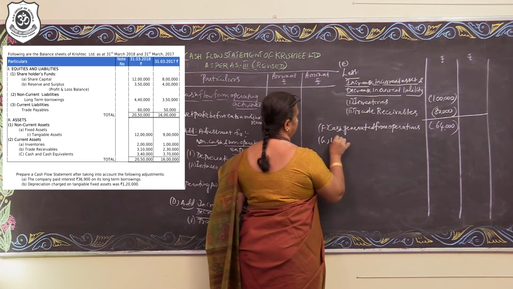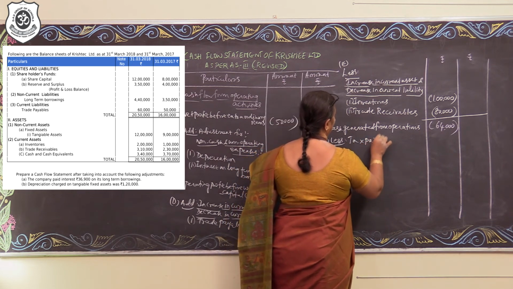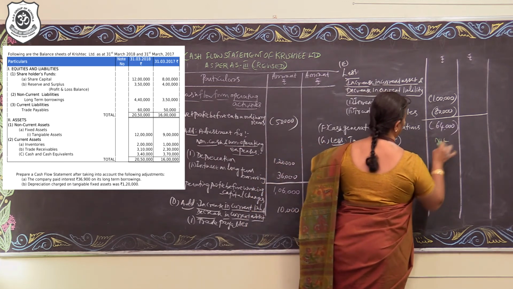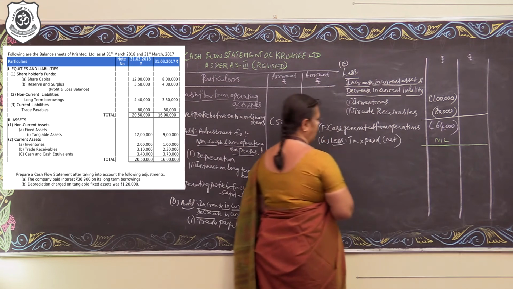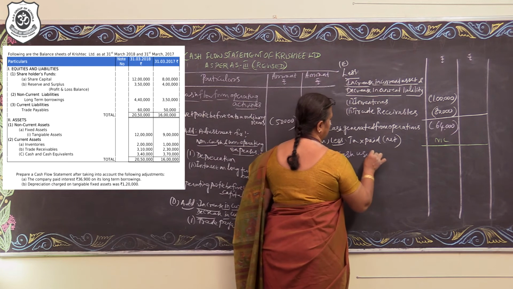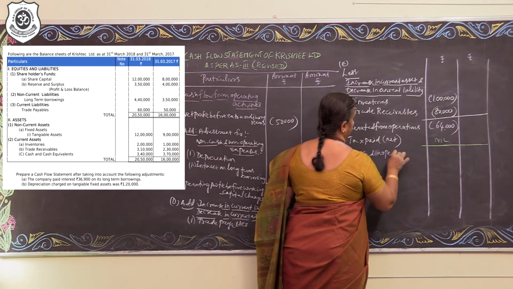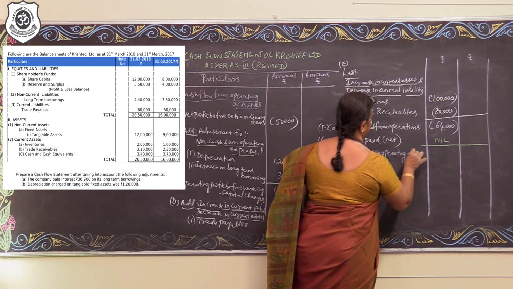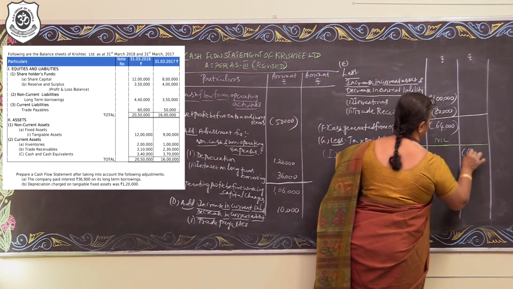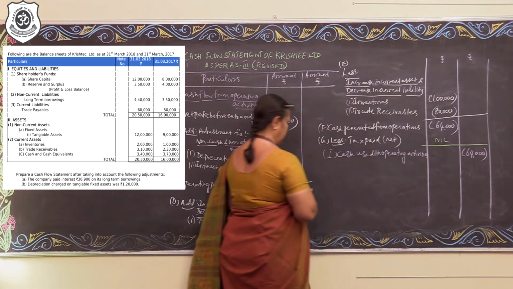Now G, less tax paid net. There is no tax paid at all. Nil. You arrive at Roman letter 1. Cash used in operating activities to be 64,000. Now, number 2,